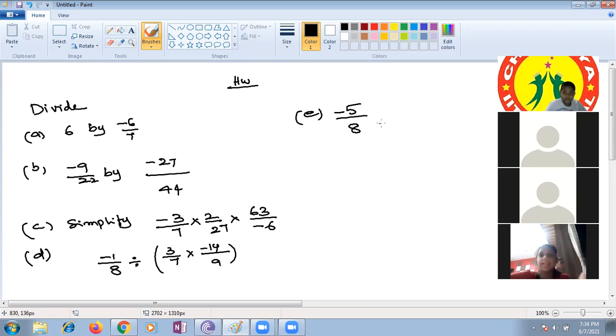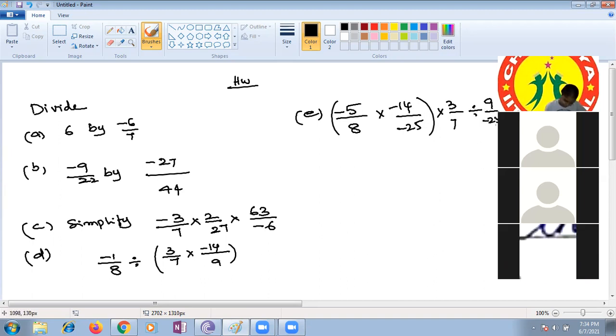Minus 5 upon 8 multiplied with minus 14 upon minus 13 minus 25. This is one part you have to do. Then with this you have to multiply again 3 by 7. Whatever the result you are getting, you are supposed to put in a bracket. You should do the bracket first. In this, the BODMAS rule you have to use. What is the BODMAS rule? Bracket should be